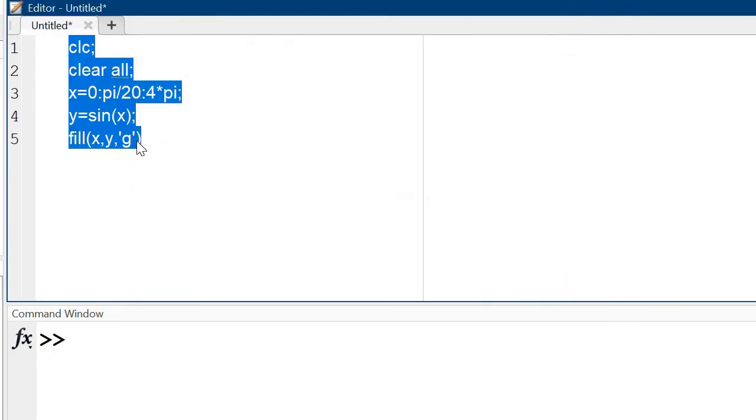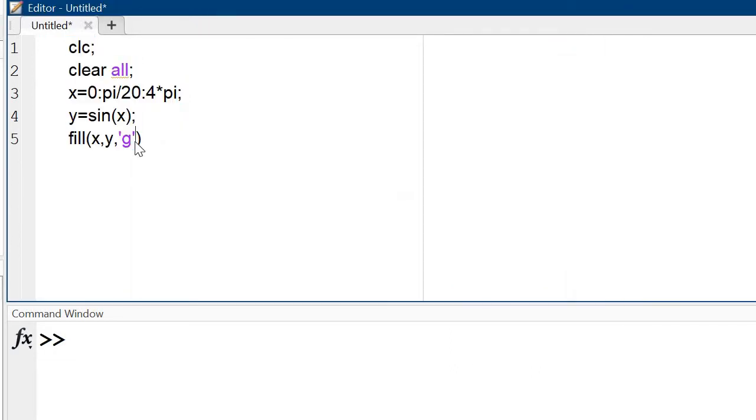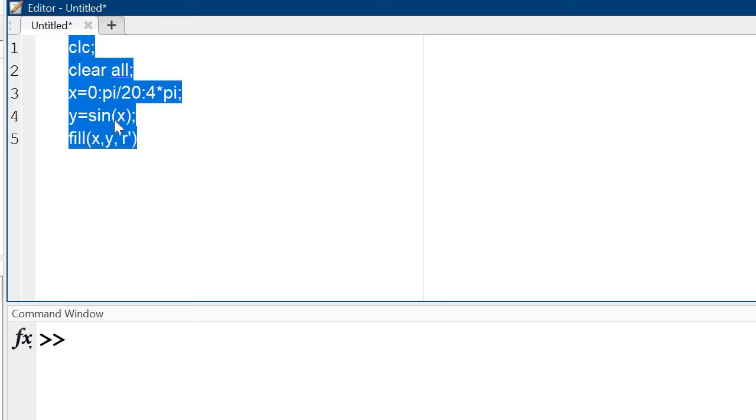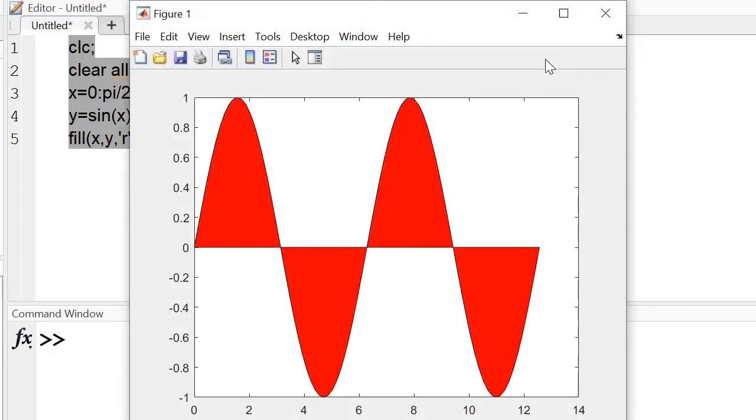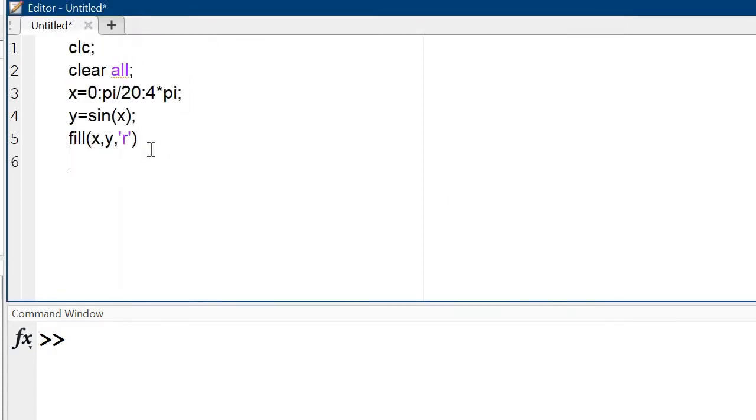If you want to change this color, like red, it is like that. And also you can write xlabel, ylabel, y axis or amplitude.